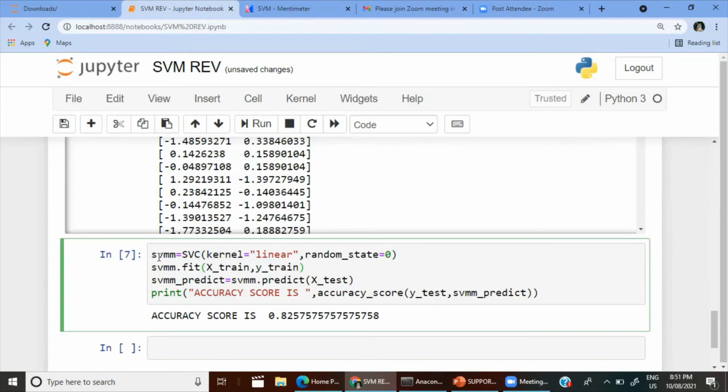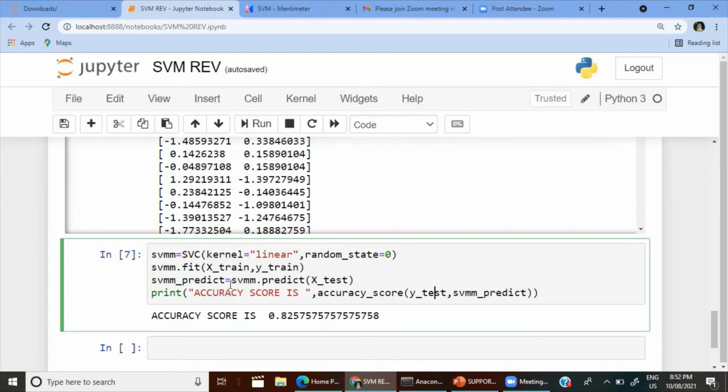Then same way, object.fit, we are fitting the model here using the training data. Then this predicted value will be stored in svmm_predict. So we are predicting for the test data. Print accuracy score, this value will be printed, the difference between the y test value and our predicted value.